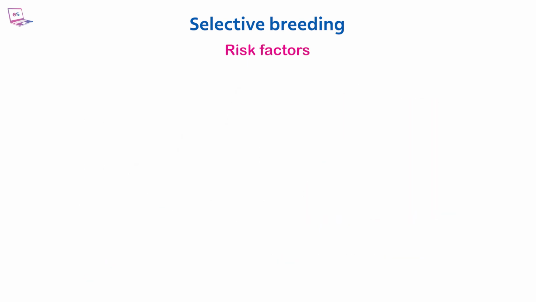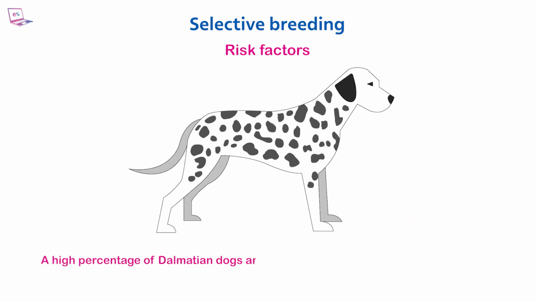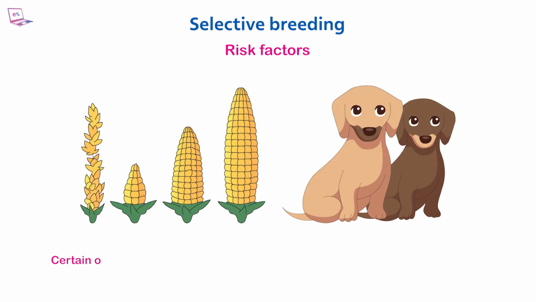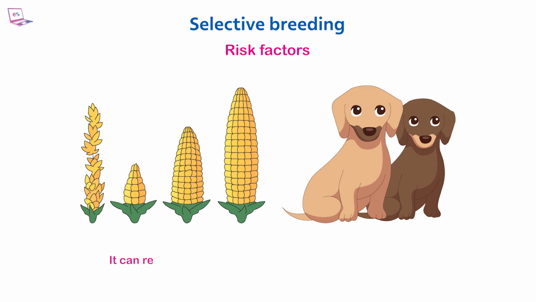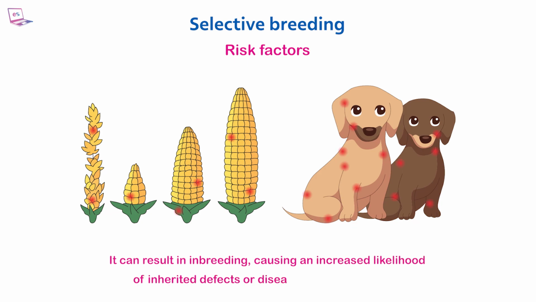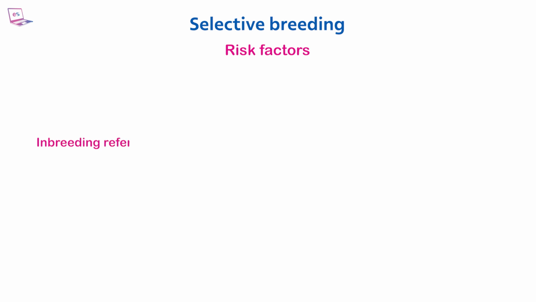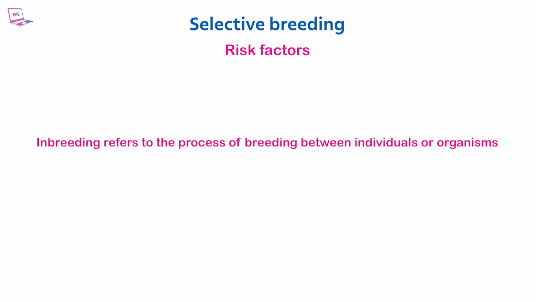For example, a high percentage of Dalmatian dogs are deaf due to the selection of certain genes. Certain organisms may experience physical issues due to genetic abnormalities. It can result in inbreeding, causing an increased likelihood of inherited defects or diseases in certain breeds. Inbreeding refers to the process of breeding between individuals or organisms that share a close relationship due to their common